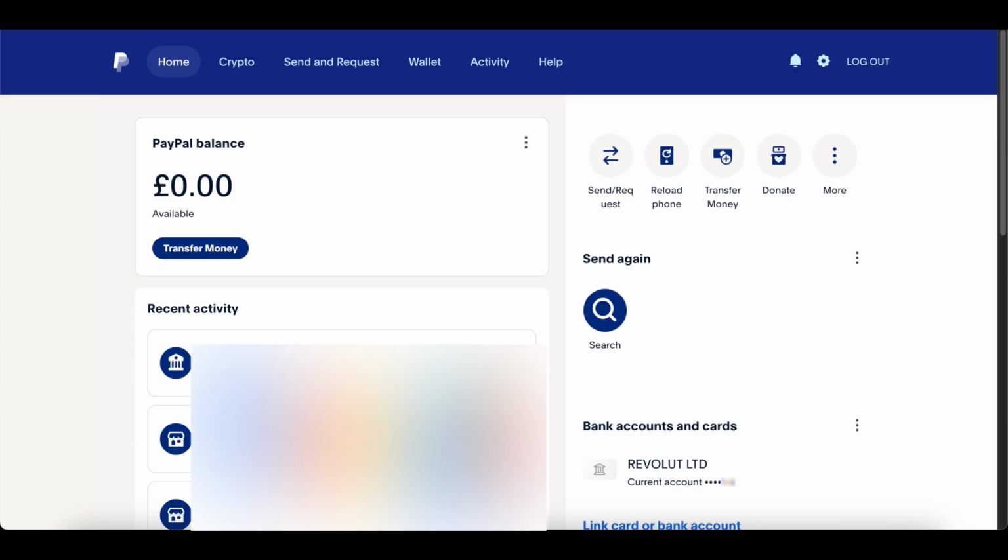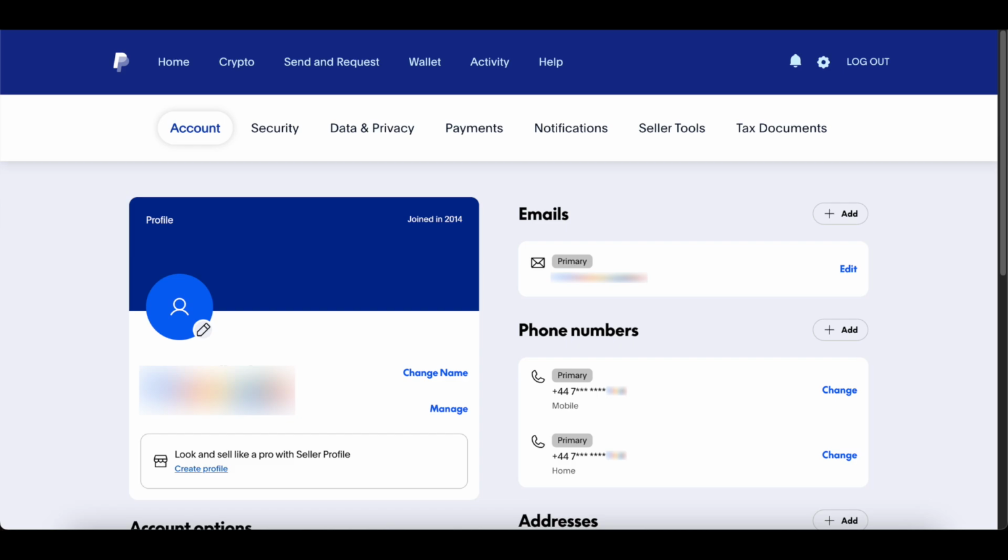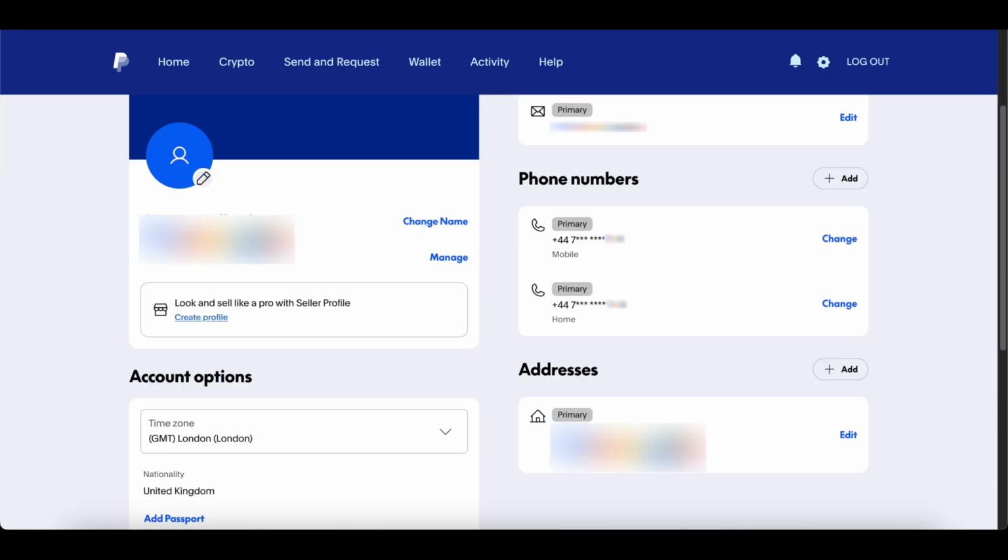So to change the address registered with your PayPal account, if you open up the PayPal dashboard, you'll just want to click on the settings icon right here. Then once you've done that, it'll open you up to this page here. And if you just scroll down a little bit, your address will be displayed at the bottom right here. So to go ahead and change it, click Edit,